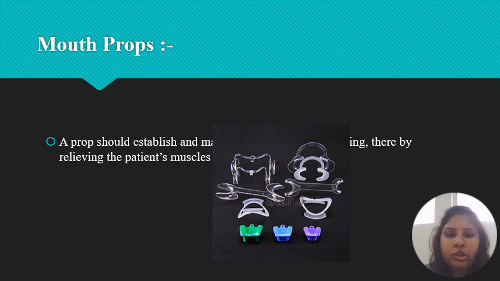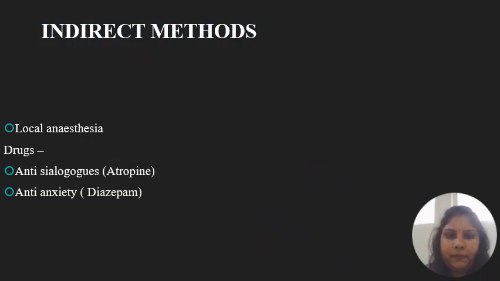Next you have your mouth prop. A prop should be established, thereby relieving the patient's muscles. So indirect methods, you have the drugs such as antisialogogue drugs such as atropine, anti-anxiety drug diazepam and local